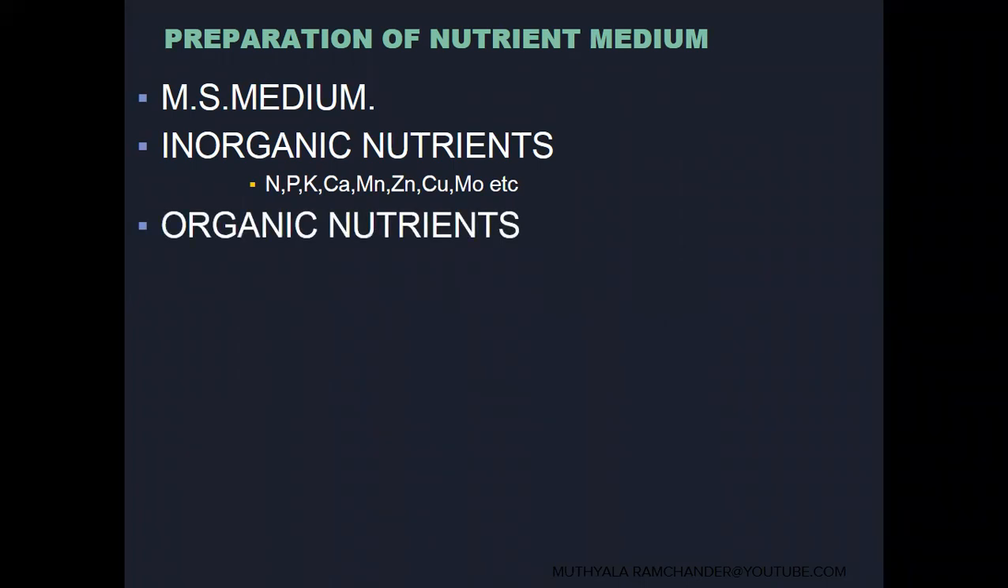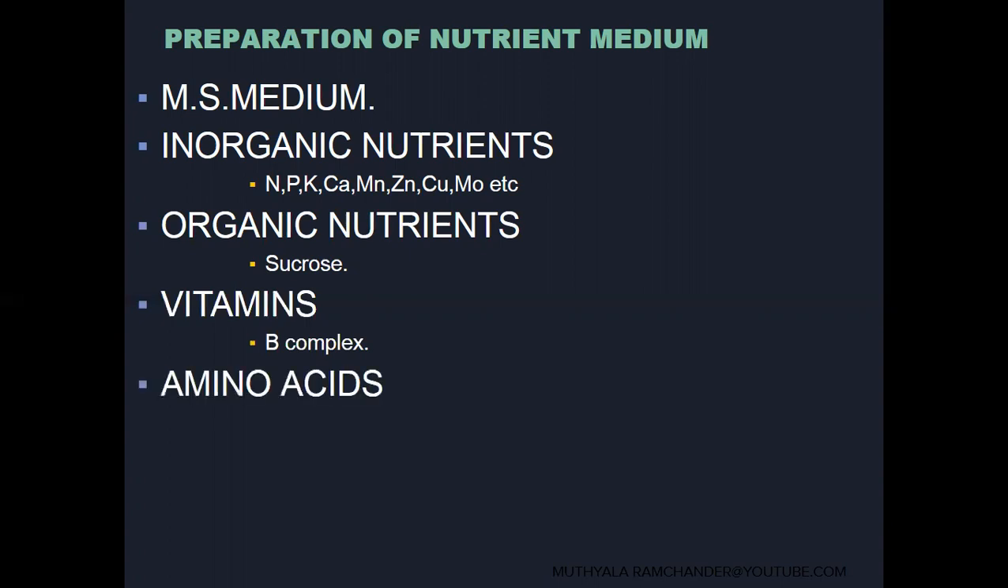Including inorganic nutrients, MS medium also has organic nutrients. The major source of organic nutrients is sucrose, which is also present in the MS medium. Like vitamins, B complex vitamins are important for plant growth and cell divisions. Amino acids, the building blocks of proteins, are also present in the MS medium. Including these